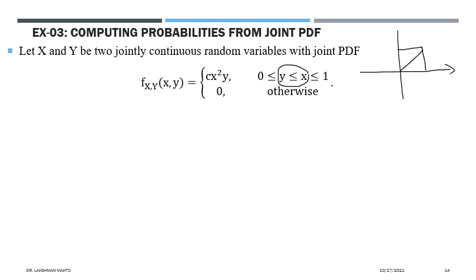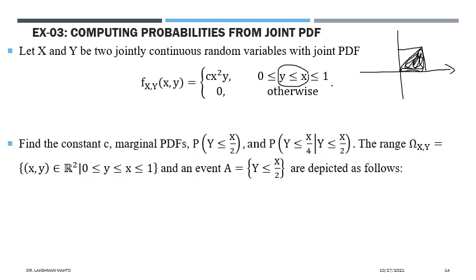Take it this way, 50% of it. This is the region where we observe y less than or equal to 1. Our density is non-zero only in this region, and outside this region the density is 0. So we can find all these constants through the normalizing factor. The first question is to find c, the second is to find this probability, and the third is to find this conditional probability. So we have to find three things here, and we can easily find all of them.